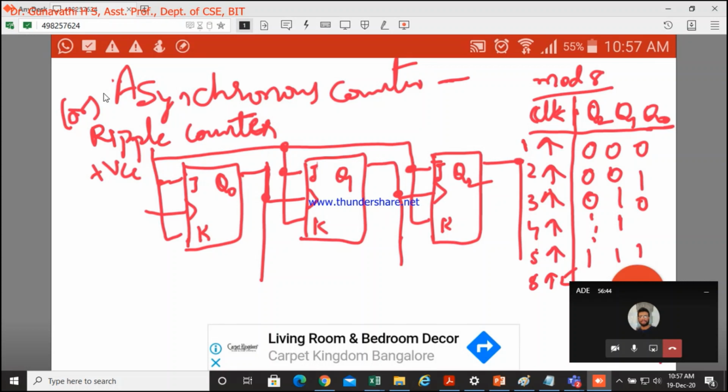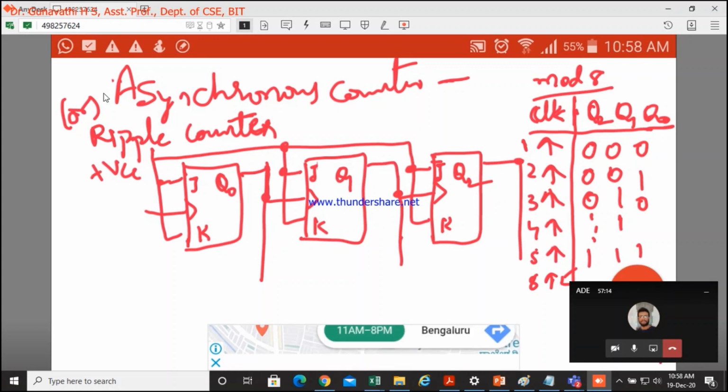How should the down counter work? Down counter, how will it work? What is the sequence we are going to generate?